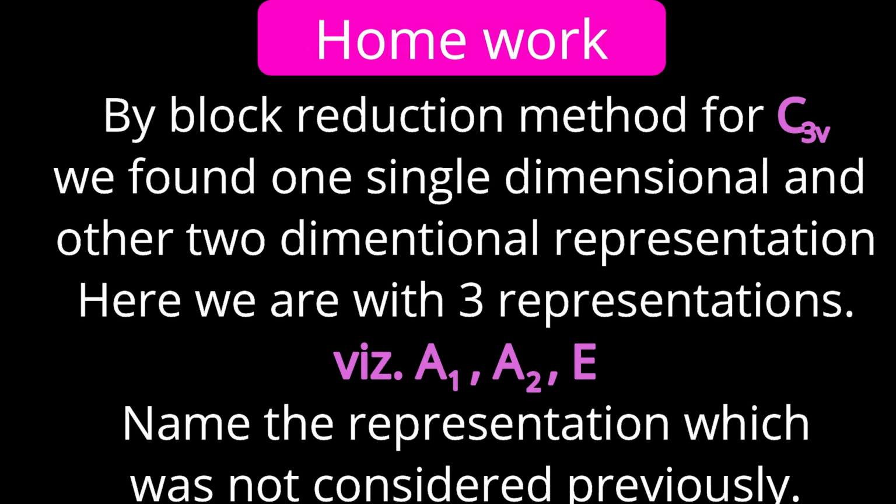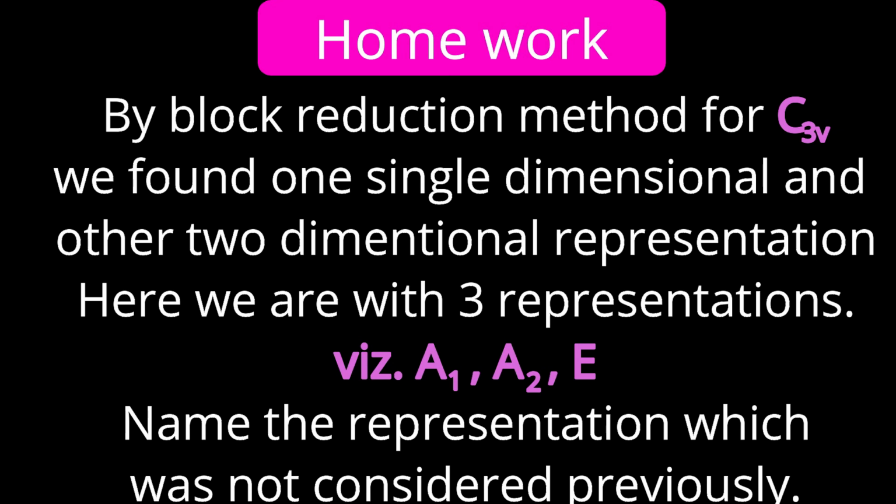The question which can test your understanding is asked here. If you remember, we studied matrices, and we used matrices for representations. For the C3V point group, the complete representation was given. And by the block method, we reduced that matrix, which was of 3 dimensions, into one matrix of 1 dimension and one matrix of 2 dimensions. And now, when we derived the different irreducible representations, we are finding 3 irreducible representations: one with 1 dimension, another also with 1 dimension, and the third one with 2 dimensions.